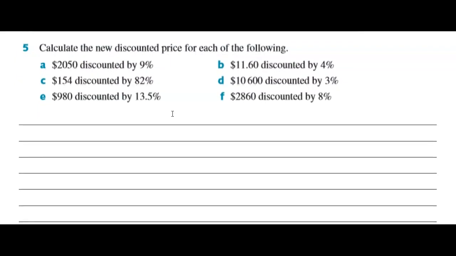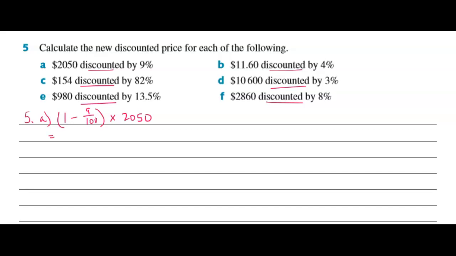All right, so calculate the new discounted price for the following. Okay, so 2,000. Yeah, we've done something similar to this. They're all discounted, so it means we're going to be going down in price. So you can always check your answer. It's going to be 1 minus our percentage rate, so 9 over 100, times your original price,